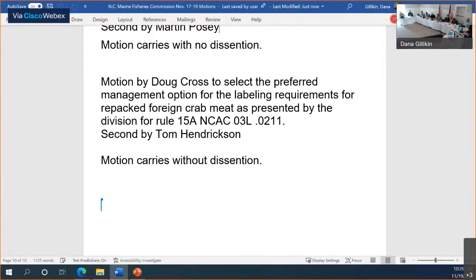Additionally, the fiscal analyses for the proposed rules were provided to you at your May meeting, and those continue to be available on the division website on the proposed rules webpage. The intended effective date of the rule package is April 1st, 2022. A portion of the rules in Package A are subject to legislative review. And that is due to Session Law 2019-198 and General Statute 14-4.1, both covering legislative review of regulatory crimes. And so those rules are expected to have a delayed effective date,